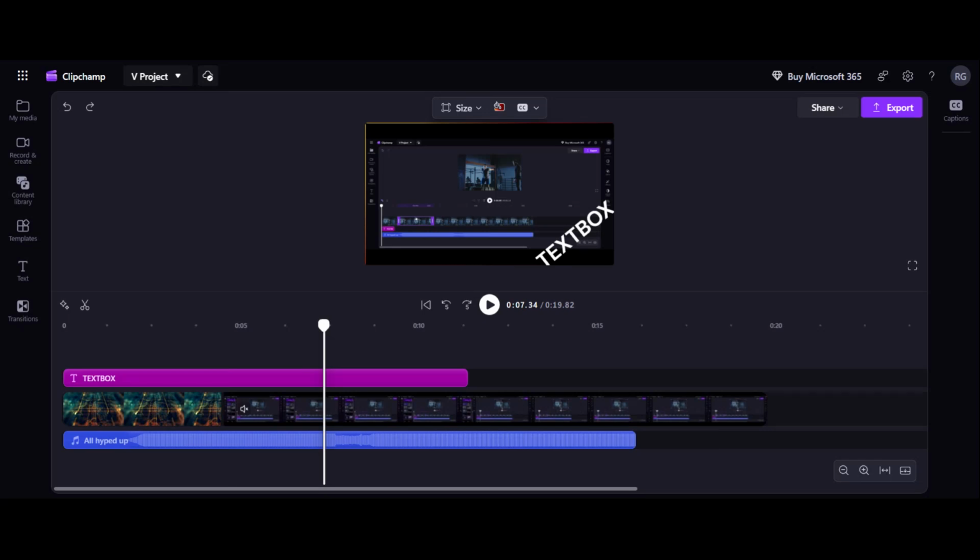In today's video, I'm going to show you exactly how to add annotations in Clipchamp step by step. If you want to highlight important points, add callouts, emphasize key moments, or simply make your videos more engaging and professional, annotations are a powerful tool you should be using. The best part is that Clipchamp makes this process incredibly simple once you know where to look. So in this tutorial, I'll walk you through everything from opening your project to customizing your annotation so it fits